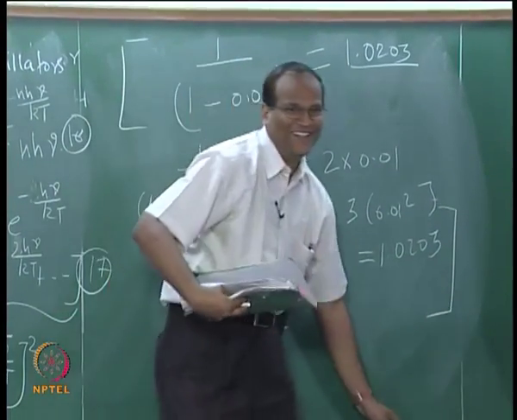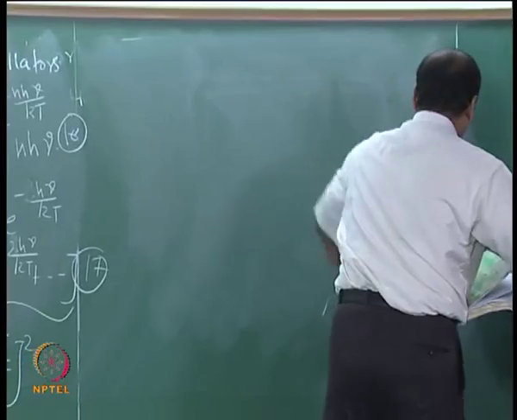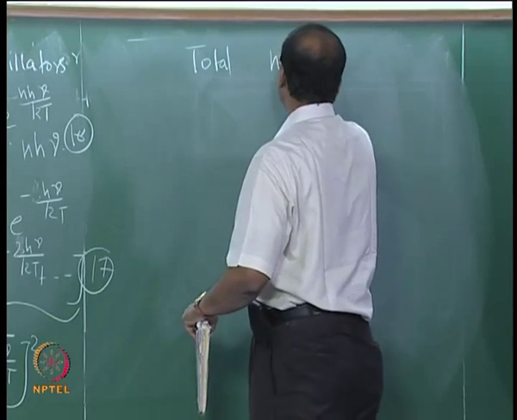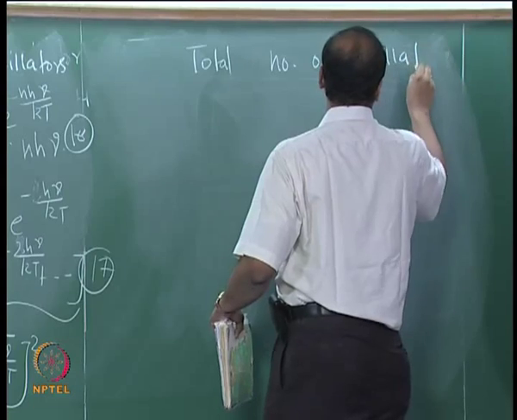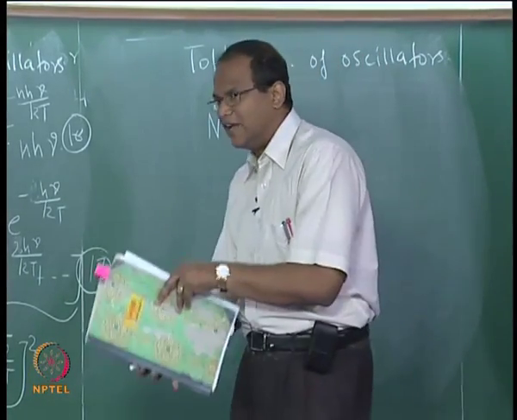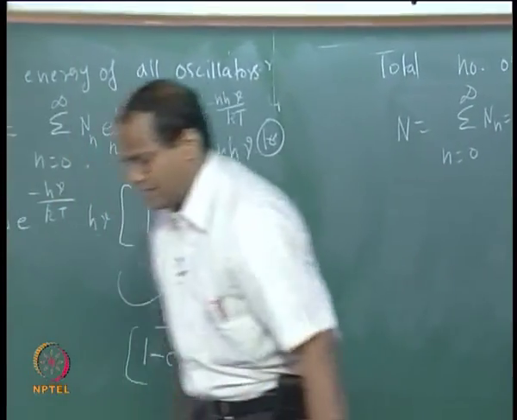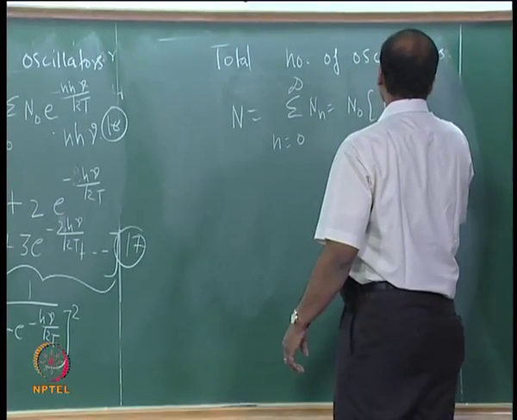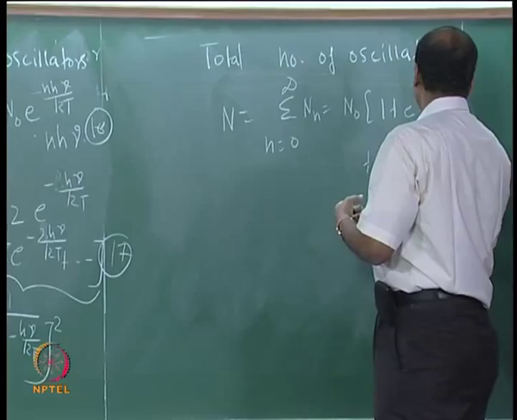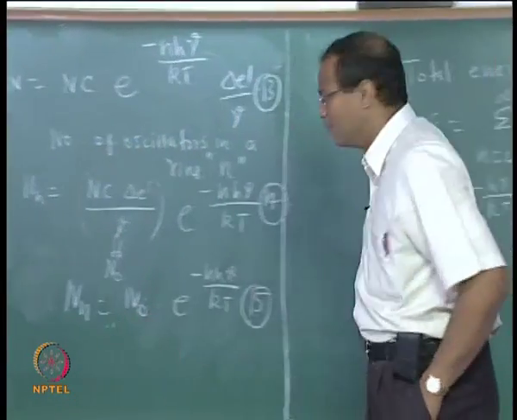This is not a part of the Planck's distribution. Okay, fine. Now we got the total energy of all the oscillators. What is the total number of oscillators? N, there is something called N, isn't it? Yeah, that is a notation. So what is this now? N naught into 1 plus e to the power of minus 2h nu, it goes like this. This is correct? So what is the sum of this series? N naught is equal to N equal to